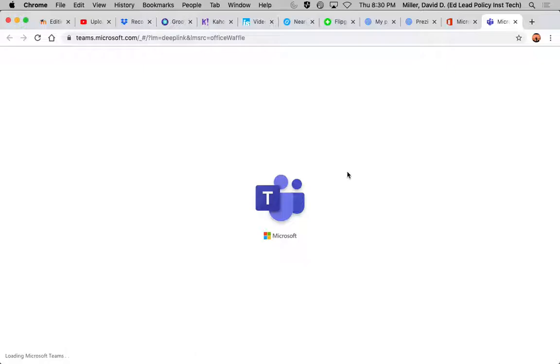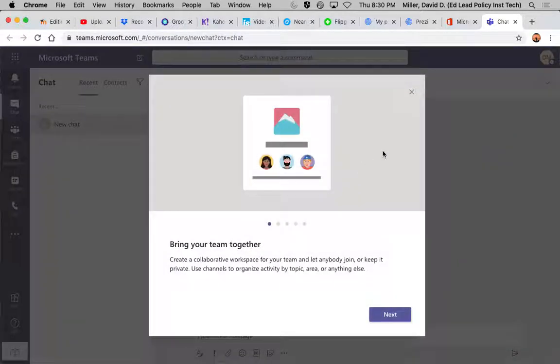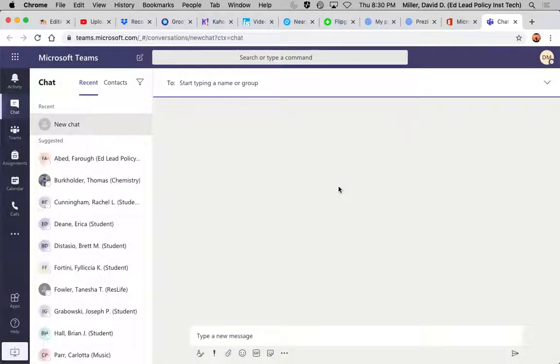It has features for each user to either show their camera or not show their camera at any point in time, mute and unmute their mic. You can record the phone calls. You can see who's on a call, exactly when they logged off and when they logged on. That's going to be important because I have to keep track of their training hours and things of that nature. I think it's a really good resource.